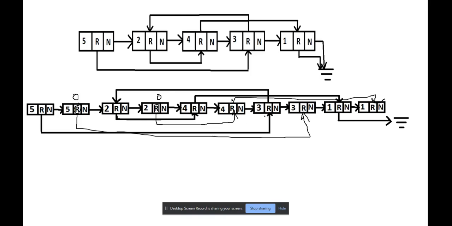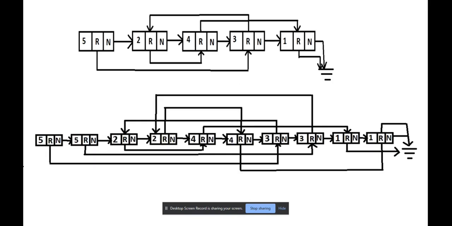Okay, so here it goes like this. Similarly, we'll be going to the copy of the third node, and we'll be seeing where the third pointer is looking. The random pointer of the third node is looking at the second node, so we'll be going to the next of the second node. So here the random pointer of this will be connected to this. So the basic connections look like this. After making the full connection, the whole linked list will look like this.